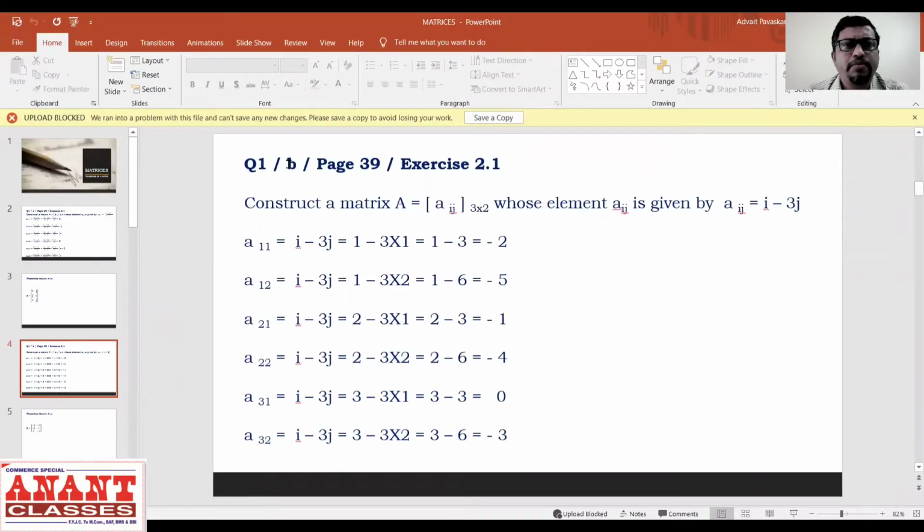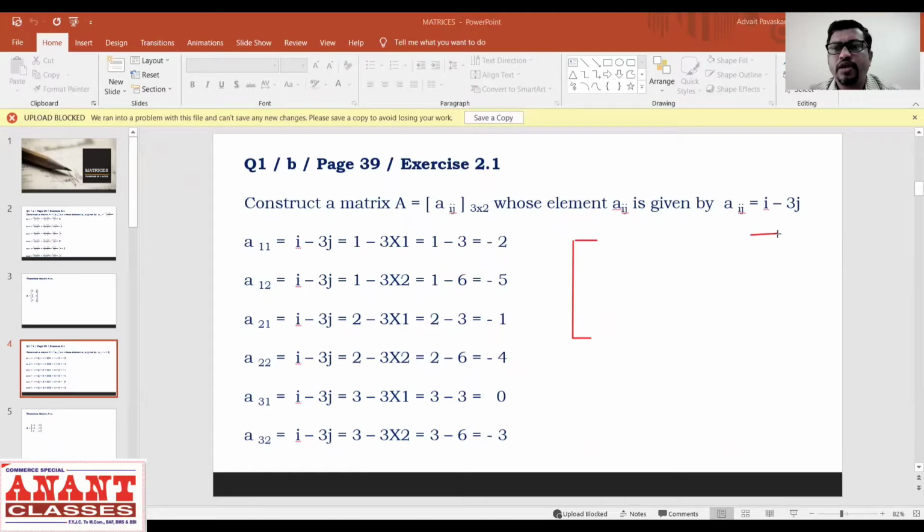Question first, D, page number 39, exercise 2.1. Same question now. Construct a matrix A where elements a_ij, order is 3/2, मतलब again there will be 6 values, whose element a_ij is given by a_ij is equal to i minus 3j. तुमको कंस्ट्रक्ट करना है यहाँ पर एक मैट्रिक्स, जिसके वैल्यूज